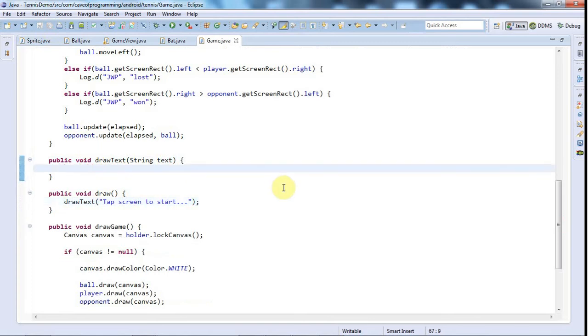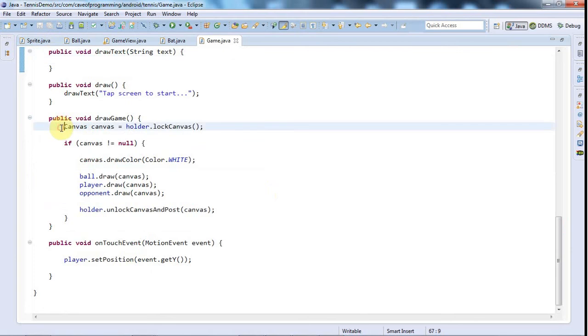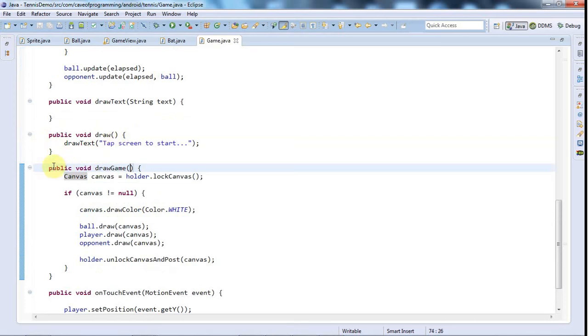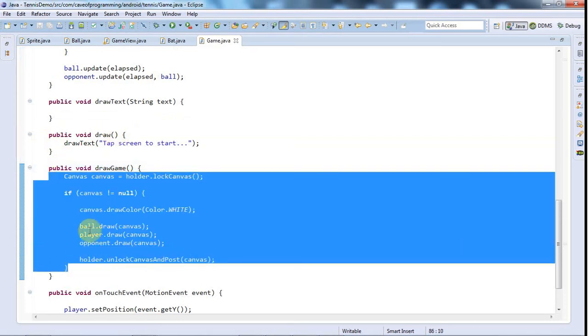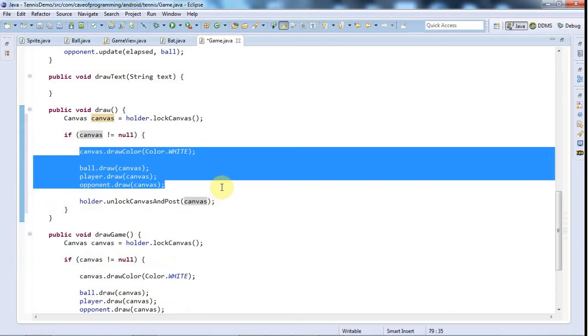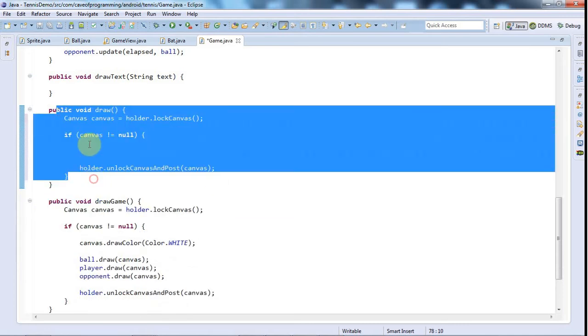And to do this I need a method of the canvas. So in fact, let's take this canvas locking stuff from, in fact what I'll do is I'll just reorganize this a little bit, and if I just copy this, copy the insides of what was draw, let's just put it back in draw for a second. What I'd like to do is in here in the middle, in the bit where the canvas is actually locked, then I'll call different methods as appropriate. So I'm just going to cut the center out of that, so we've just got the canvas locking in draw,